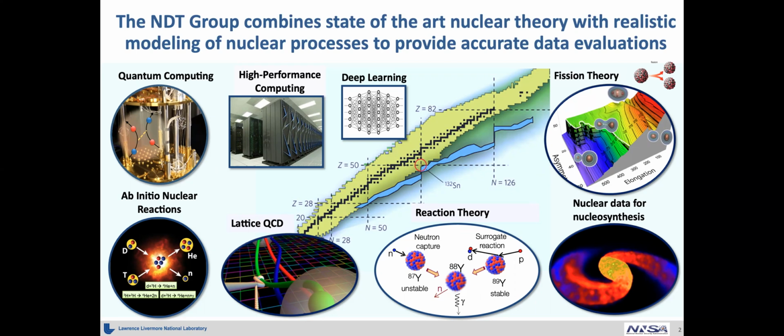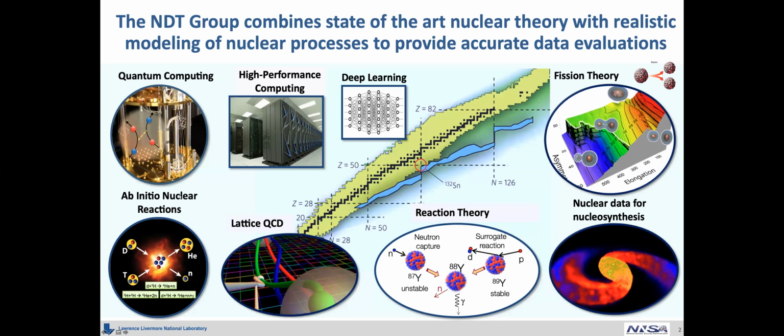or something. Naturally, there is not a single theory that can be used for all nuclei and for all properties across the nuclear chart. So there are different ones for different regions. So fission theories usually mean mean field theories, but I will be focusing on ab initio nuclear reactions, which is what